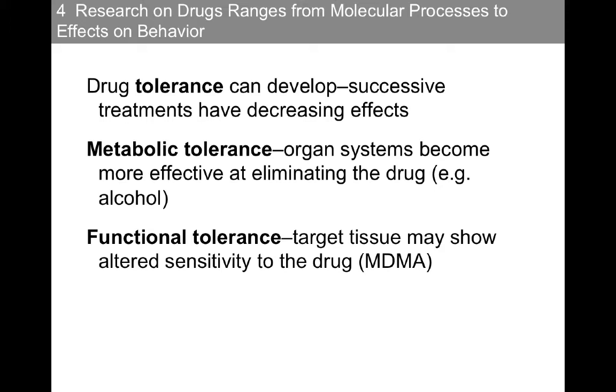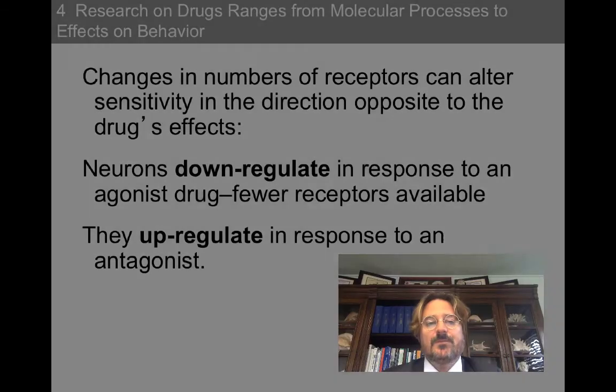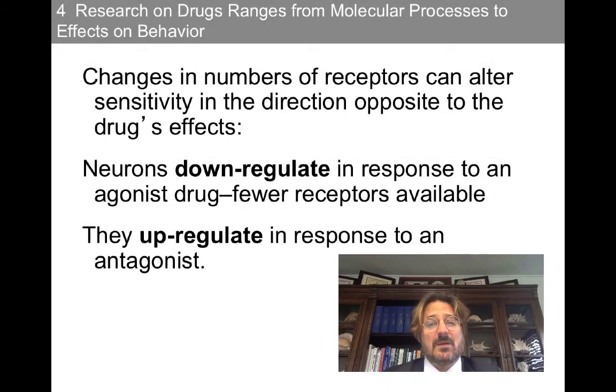Now, functional tolerance is when a target tissue may show altered sensitivity to the drug. We see this, for instance, with MDMA, where we have a decrease in the number of serotonin and dopamine receptors, or neurons, as a result of subsequent administrations of the drug. Now, changes in the number of receptors can alter sensitivity in the direction opposite to the drug's effects. So neurons downregulate, they decrease the number of receptors in response to agonists,